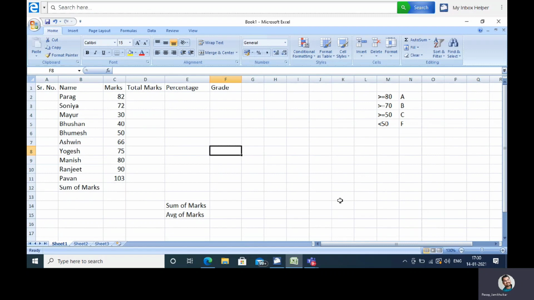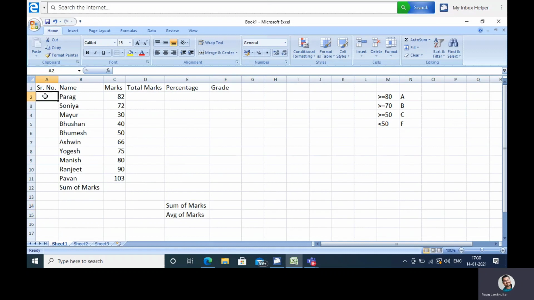In this video, we will see basic Excel operations that everyone needs. So here, we'll put values for serial number, some total marks that we'll put. Then we'll find out percentage, and from this percentage, we'll find out grade. So we'll follow this criteria, and based on that, we will calculate grade. Also, we'll print sum of these marks here and average is here.